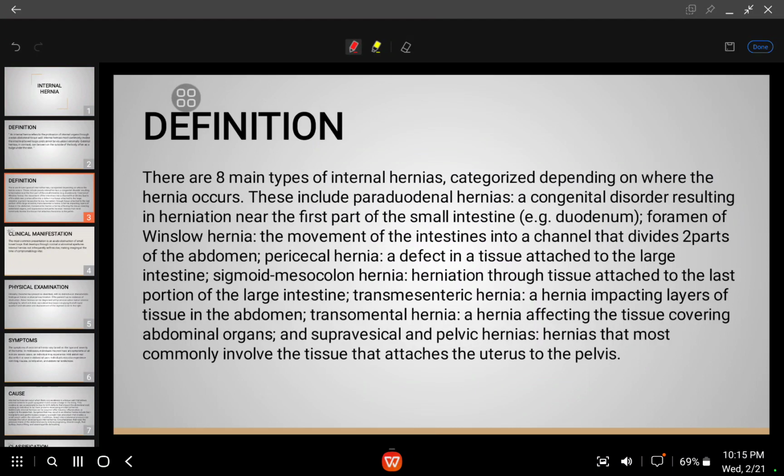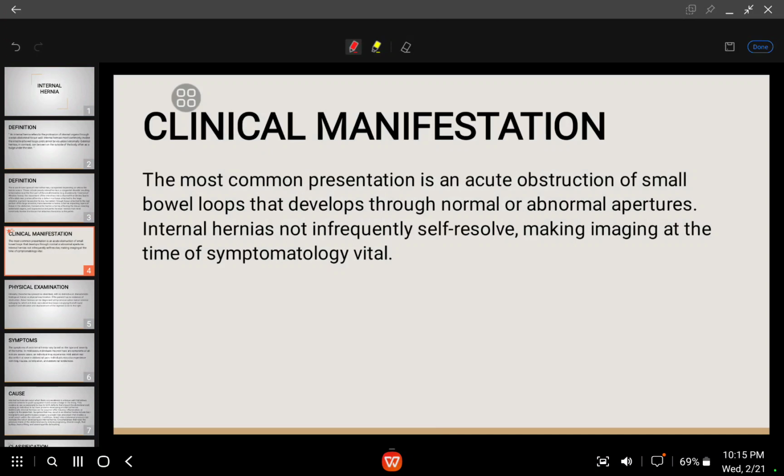And transmesenteric hernia is a hernia impacting layers of the tissue in the abdomen. And transomental hernia, a hernia affecting the tissue covering abdominal organs. And supravesical and pelvic hernias, like the hernia that most commonly involves the tissue that attaches the uterus to the pelvis. So clinical manifestations depend on acute obstruction of the small bowel loops that develops through normal or